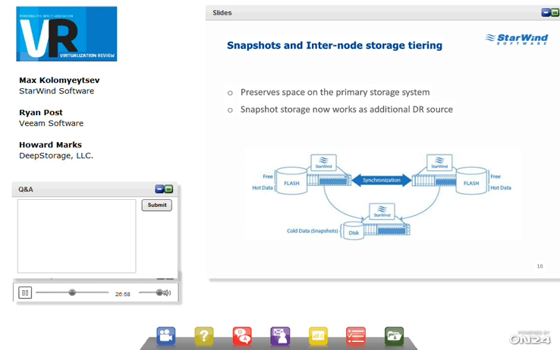So we also have a snapshot system which doesn't drop the snapshots on the same storage you have on your primary system. Instead, it offloads the snapshots to a completely different server with cheaper storage, and you can have your primary systems use the fast storage and get your cold data off it completely and save a lot of space on the